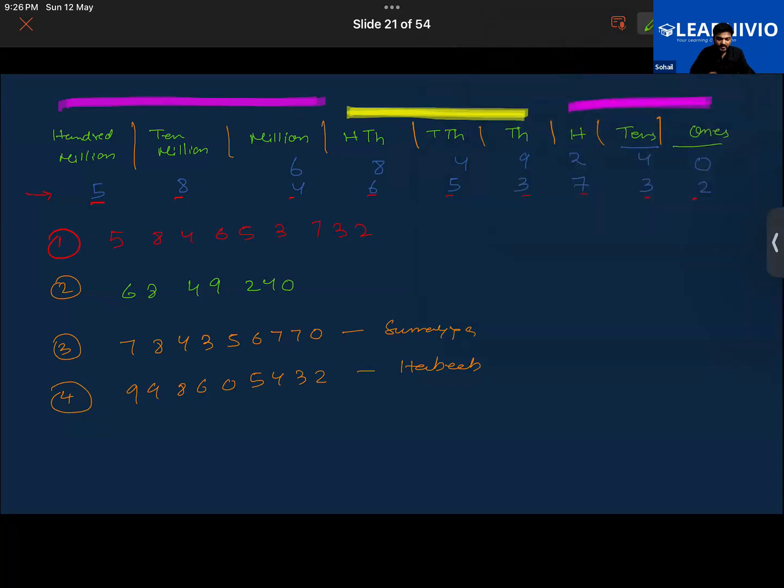So tell me, Sumaya, in this number, where should I be placing the commas? Keep the periods in mind. Put the first comma after the first 3 digits. Exactly. But before doing that, let's divide them into different groups. This is the first period, second period, third period. We have divided it as per the international number system. Now put the commas after the first 3 digits, then again after another 3 digits.